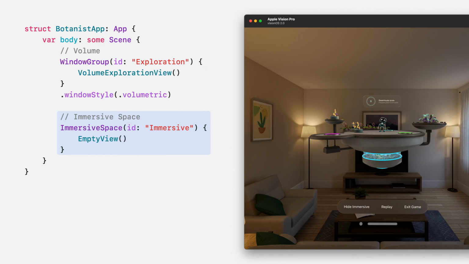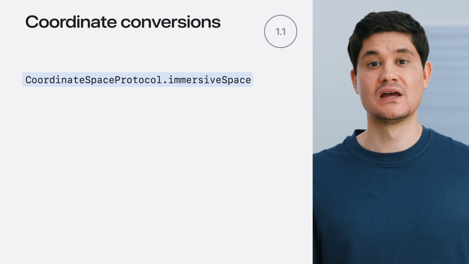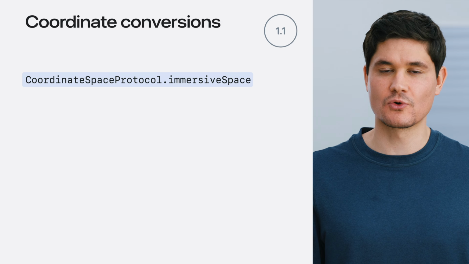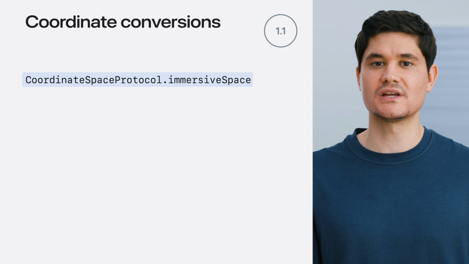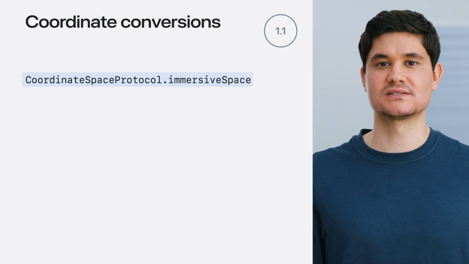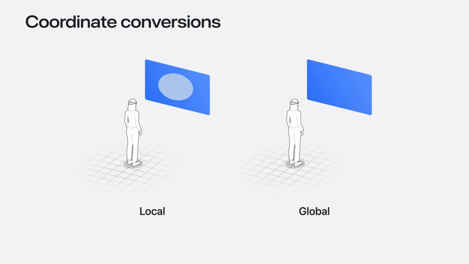I have an immersive space, but it's empty right now. When the immersive space is opened, I'll transplant all of the RealityKit content out of the volume and into the immersive space. This should happen seamlessly, giving surprise and delight when the botanist is able to start exploring around in the real world. There's a named coordinate space especially for this, introduced in visionOS 1.1 called Immersive Space. Coordinate spaces are a tool to precisely specify position relative to a particular frame of reference.